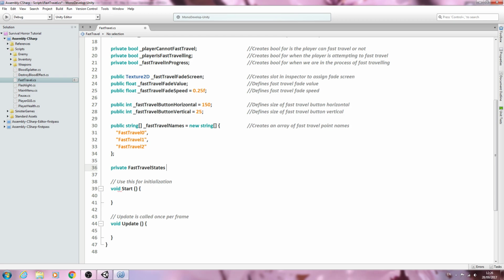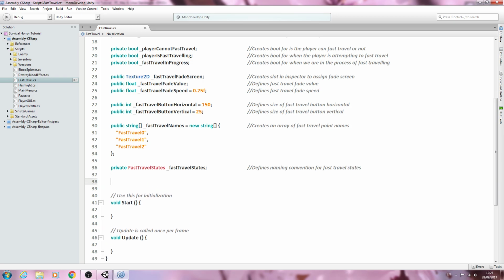So with that in place, we'll say underscore fast travel states. With the underscore in front, let's close that line off. Do not worry about the red error. Let's get this into the comments. Defines naming convention for fast travel